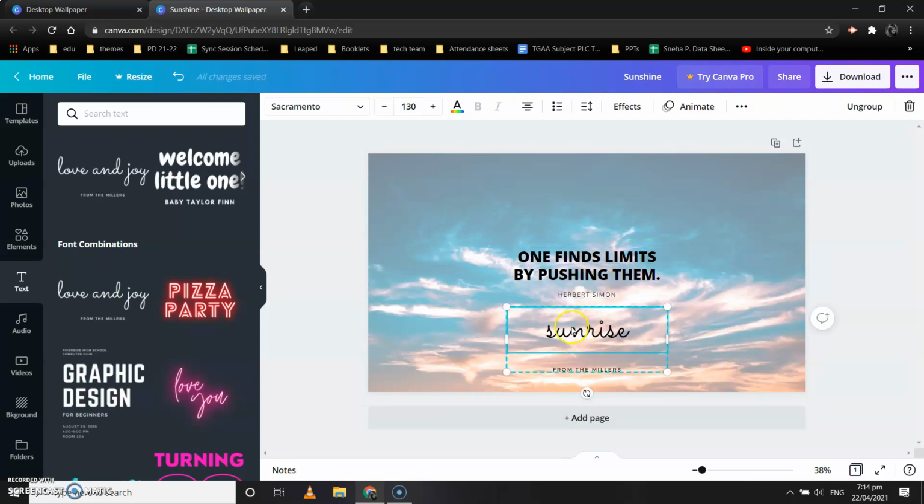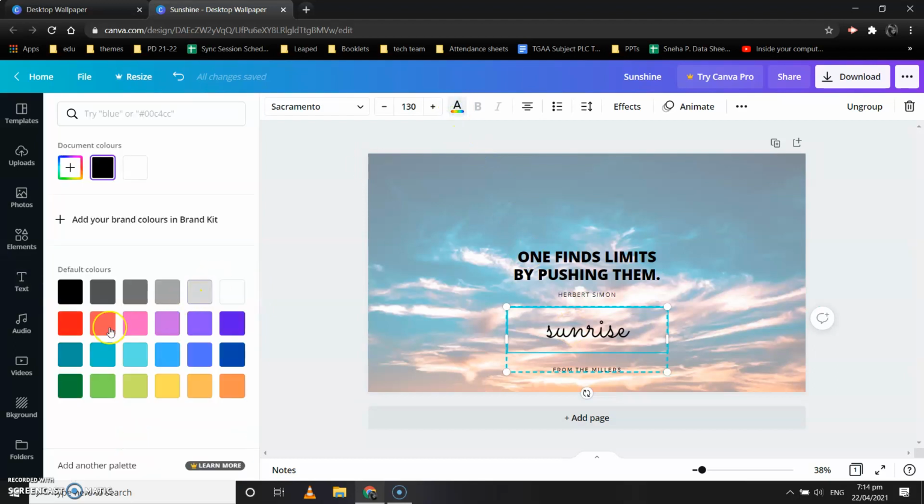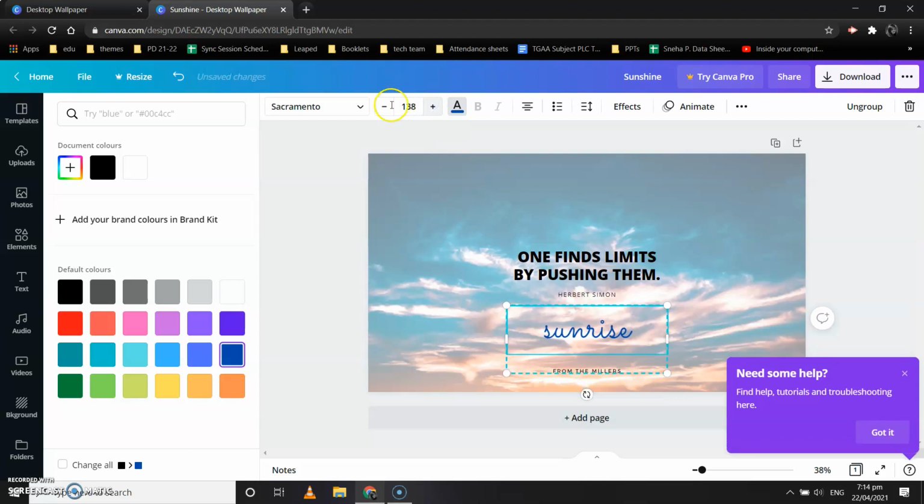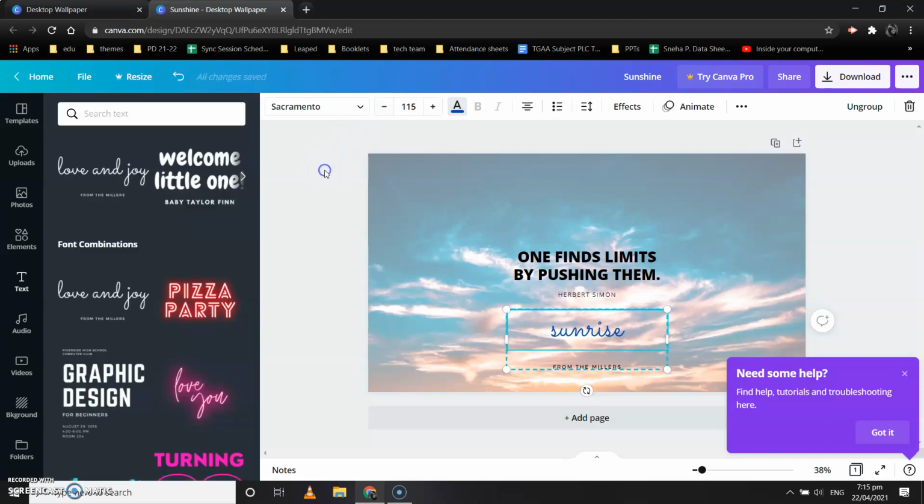See, you can select the text and change the color from here, whatever you want to do to a text. You can also increase the size, or you can also decrease the size. So this is how you can modify the text that has been written.